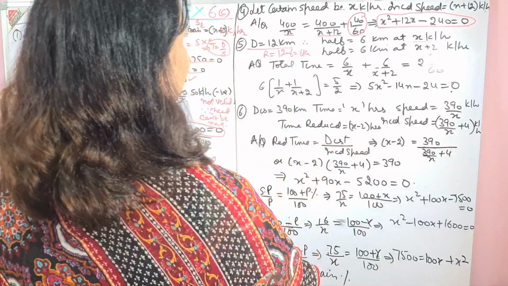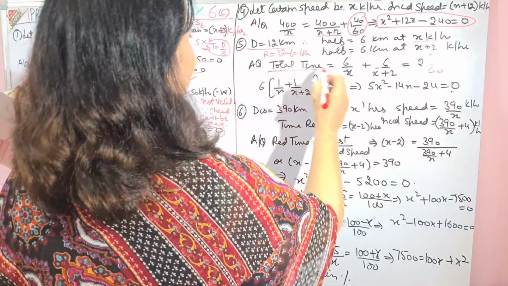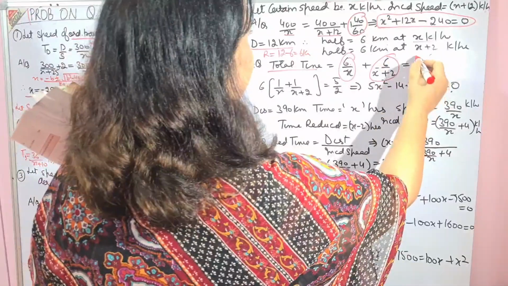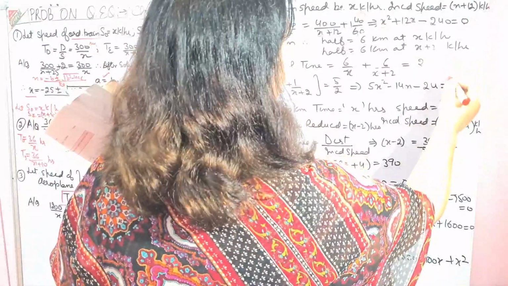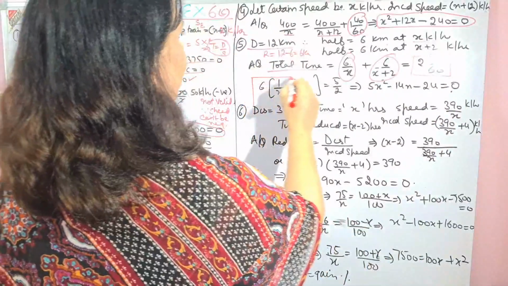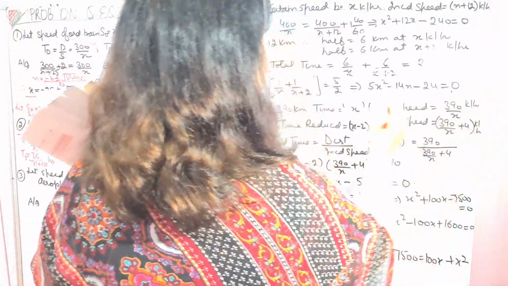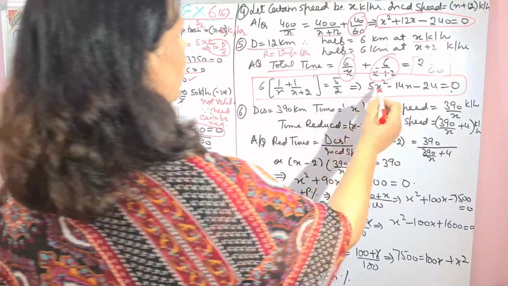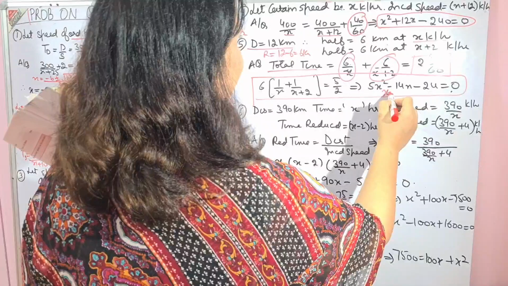So this time is a little different. Together the time was 6 upon x plus 6 upon x plus 2, and she took 2 hours 30 minutes, 30 to be changed into hours, and then see how I have done the calculations. You take 6 common, as easy as it is with you. This will be your required equation. Find the value of x.